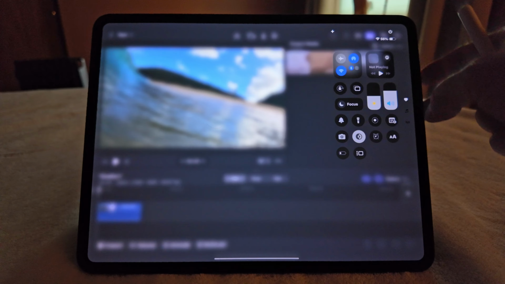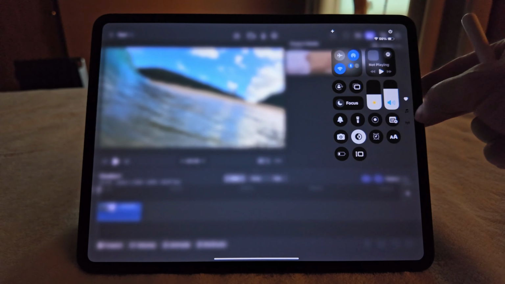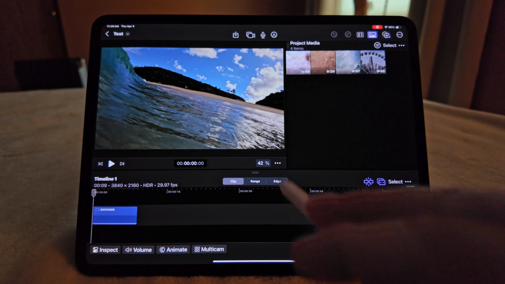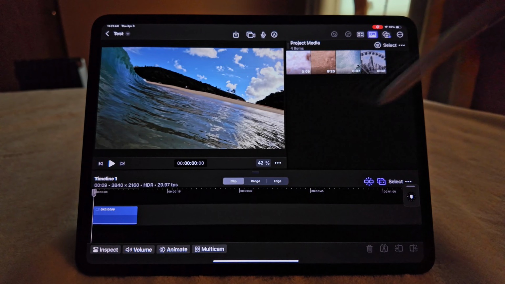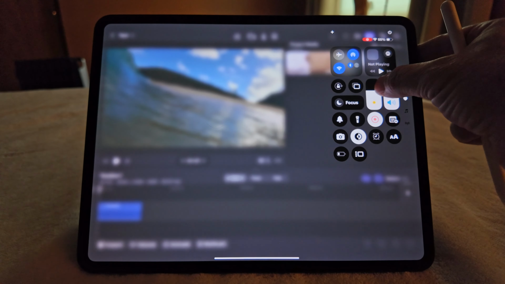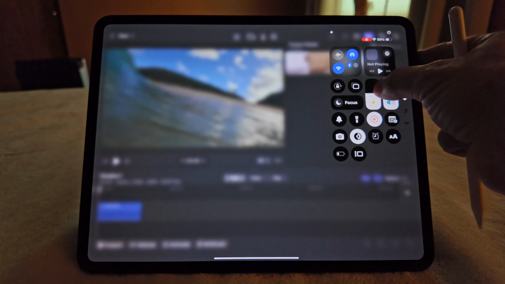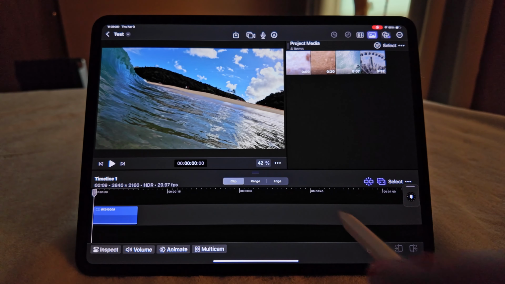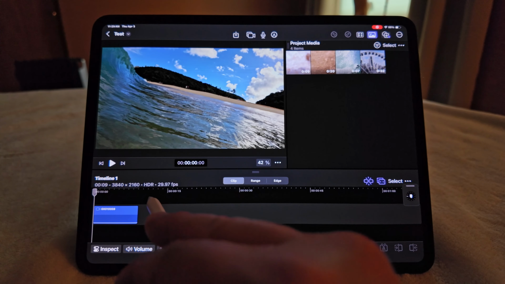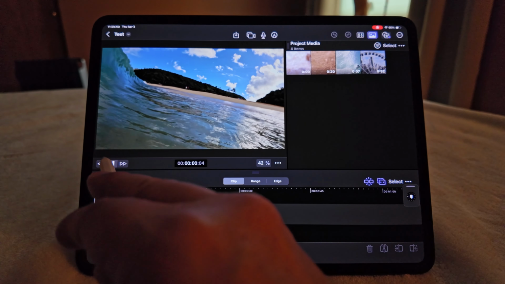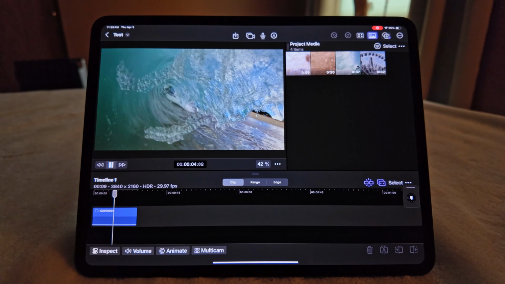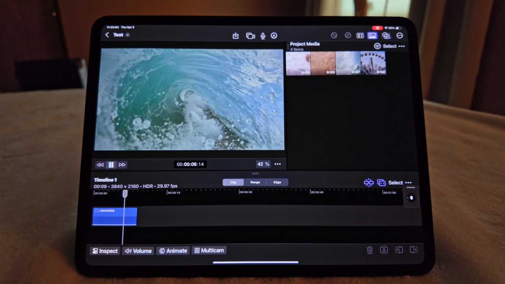Okay, so I adjusted the exposure really quickly. Hopefully it's all right. I guess I could actually screen record just in case, and we'll go and look at this. Let me make sure brightness is up a little bit. There we go. And get into this. So we have a little wave clip from Hawaii, and as you see, it's playing,